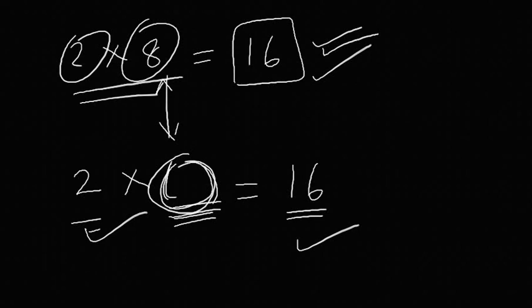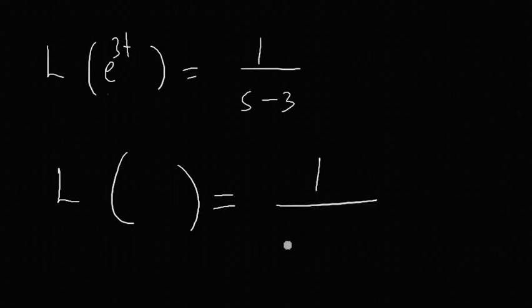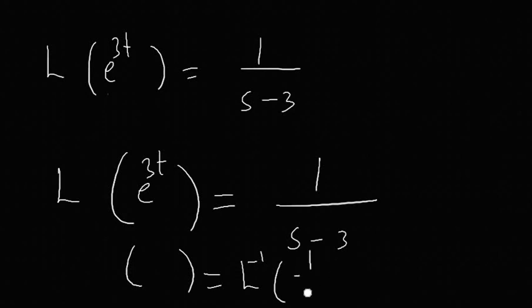So what I mean to say here, I'll clear this frame, is that if someone knows that L of e to the power of 3t is equal to 1 by s minus 3, and to that same fellow I say 1 by s minus 3 is here, what comes here, then that fellow should be able to tell that it is e to the power of 3t. So rather than asking in this way, we say what is L inverse of 1 by s minus 3.